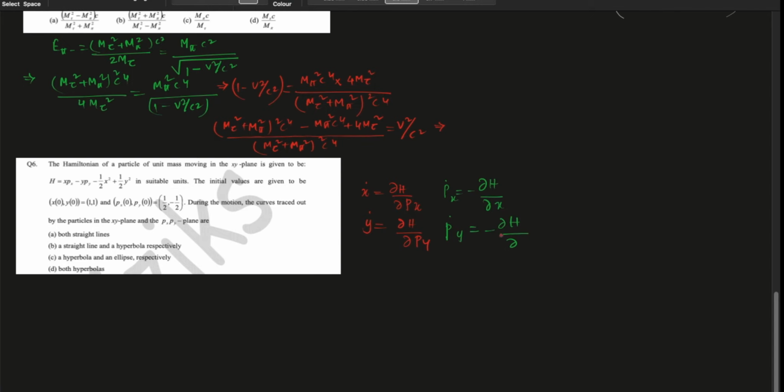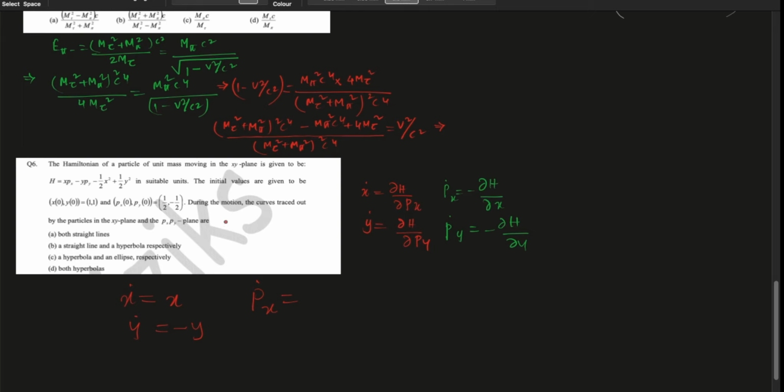The x dot, sorry, this will be y, so x dot will be dH/dpx. So we are doing x, and is there any px we have? No, nothing. So dH/dpx, this is the value. Now y dot is equal to dH/dpy, so minus y. And the px dot is equal to